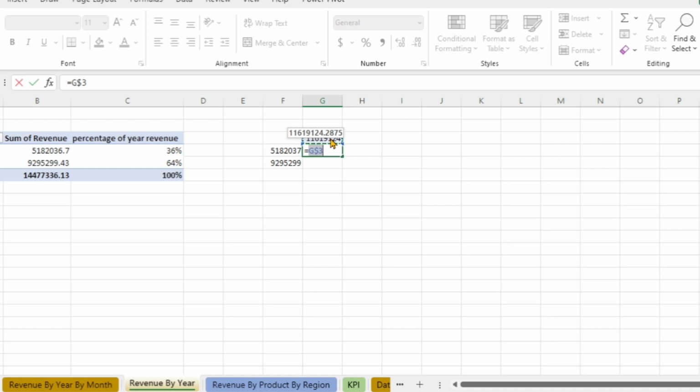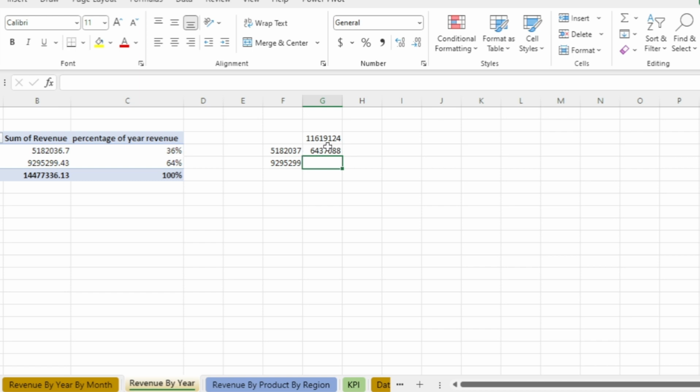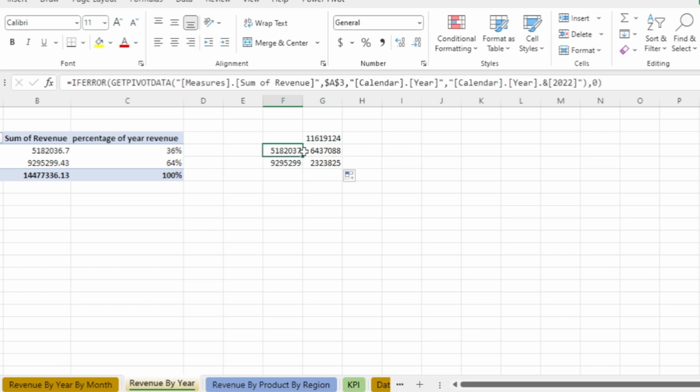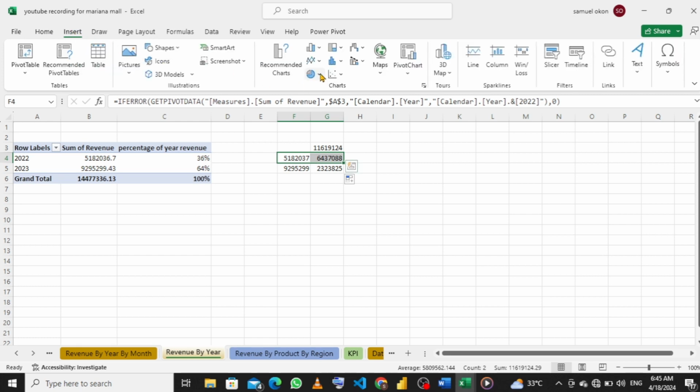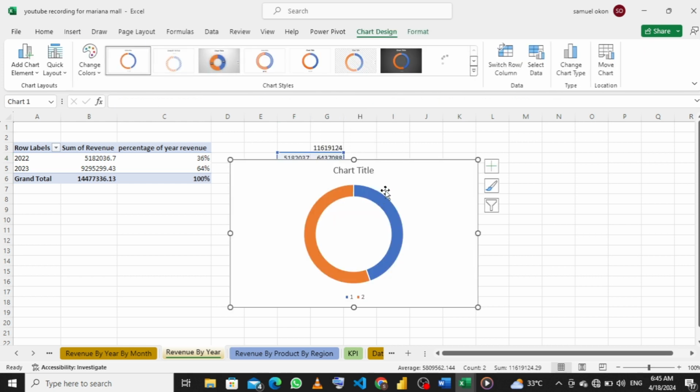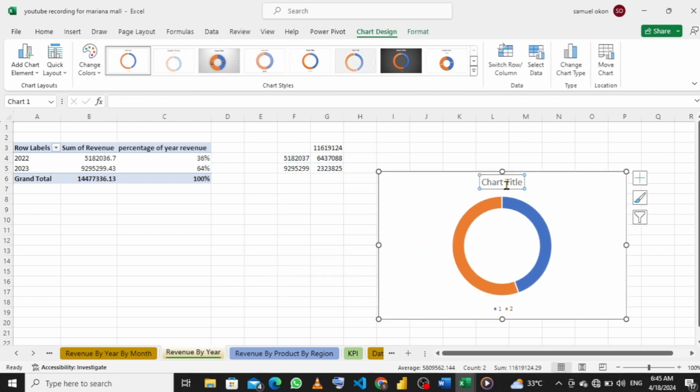So we have locked it from the row. If your F4 is not working, you can just click in between the G and 3, and just insert a dollar sign there. Then we'll click on enter, then we'll come here and autofill, drag down. So we select these two, we go to insert, we go to the pivot, we check on this. So we have this as